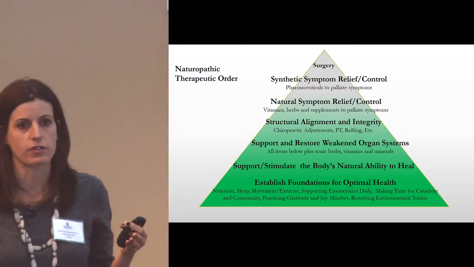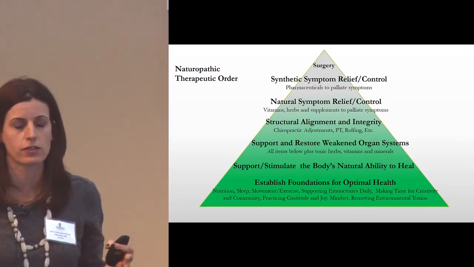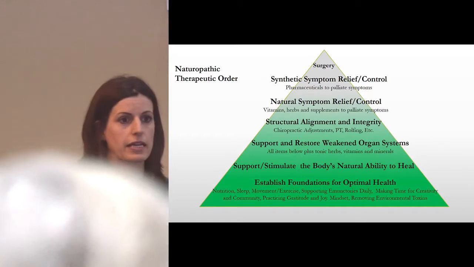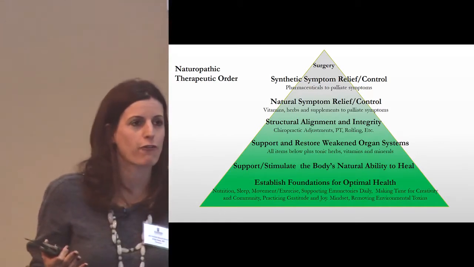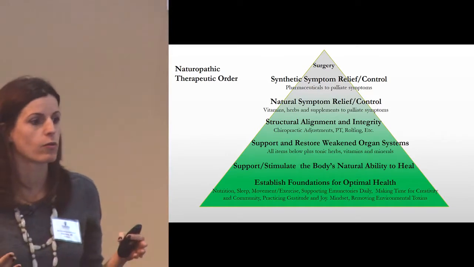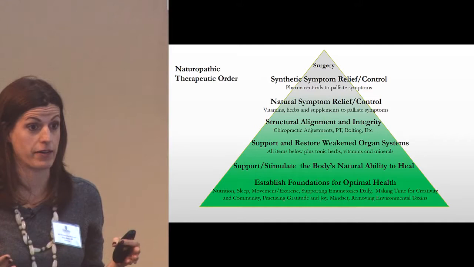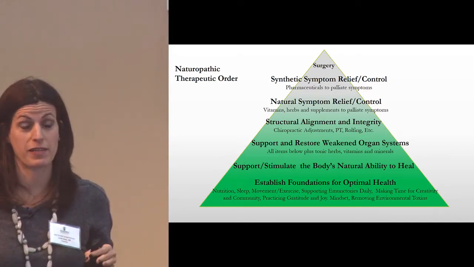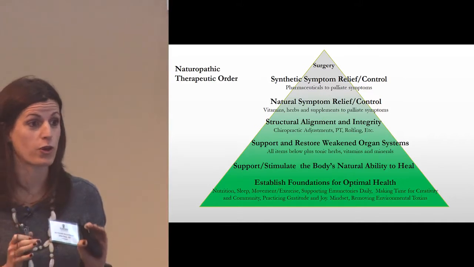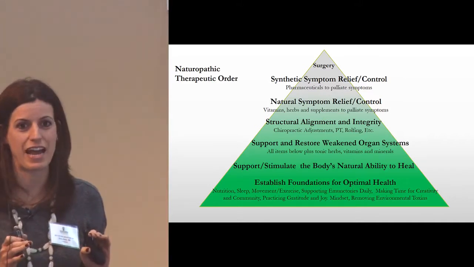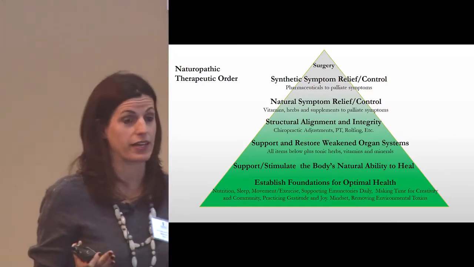When people get diagnosed with a disease, or we have a symptom, and that doesn't have to necessarily mean a Scleroderma type symptom, this could be something like insomnia or a skin rash or your hair falling out or any kind of symptom, what we tend to think about first are the three things on the top of this pyramid, right? I'm sure all of you have spent time researching Scleroderma online and looking for what you can take, whether that's a pharmaceutical or something natural, to stop the symptoms. So we automatically think about these top three things.